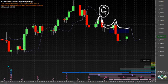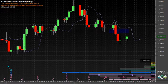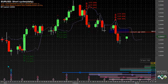H is when price breaks away from it, and so we were offered a great opportunity for getting into an H category short trade, because here was our low, and if price went up above the FLD, then I would have entered into a long E category trading opportunity. And if price broke down below this low from the previous week, then that would have been our H category trading opportunity. And that is indeed what I did, because price on the Wednesday fell down very hard and broke